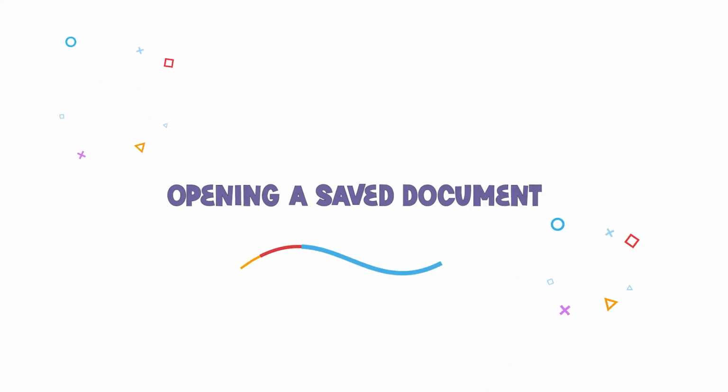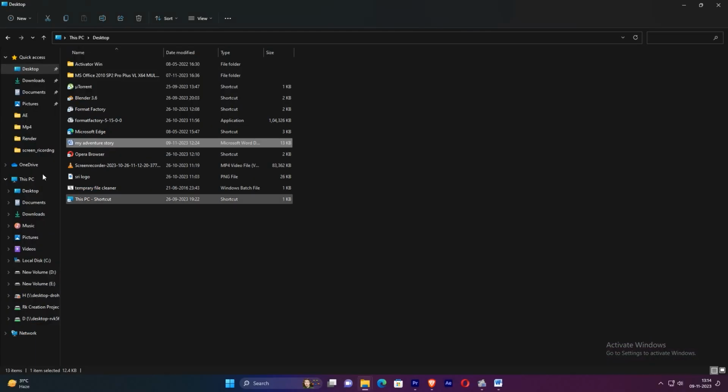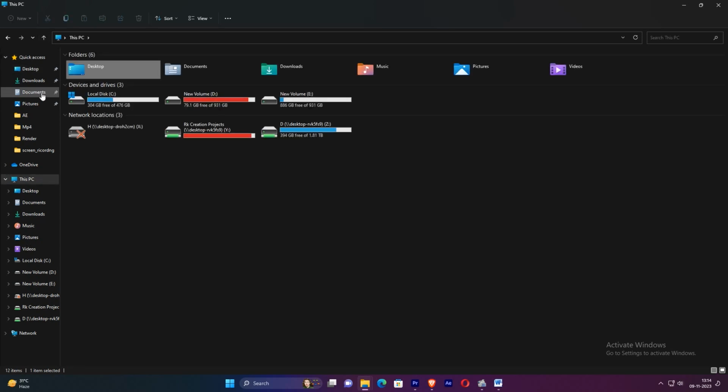Opening a saved document. Fantastic job! You've successfully saved your document. Now let's move on to the next step, opening a document. If you close your word processing software and want to continue working on your story later, you'll need to know how to open it. Launch your software again, and this time instead of creating a new document, look for the